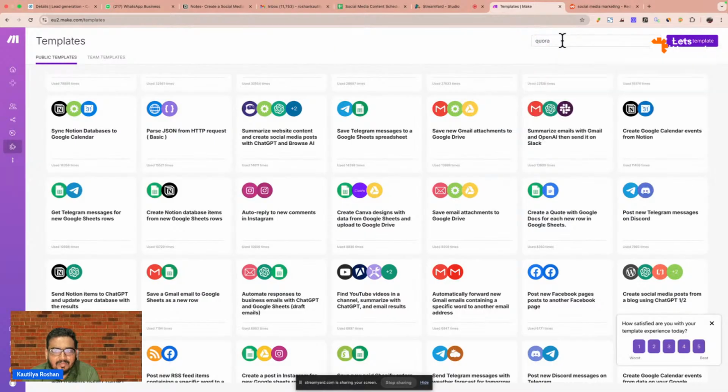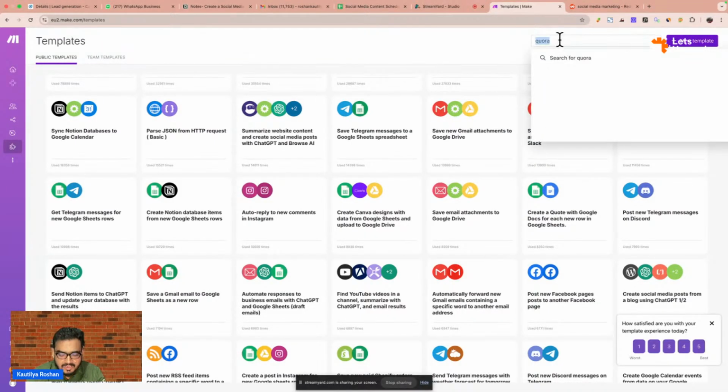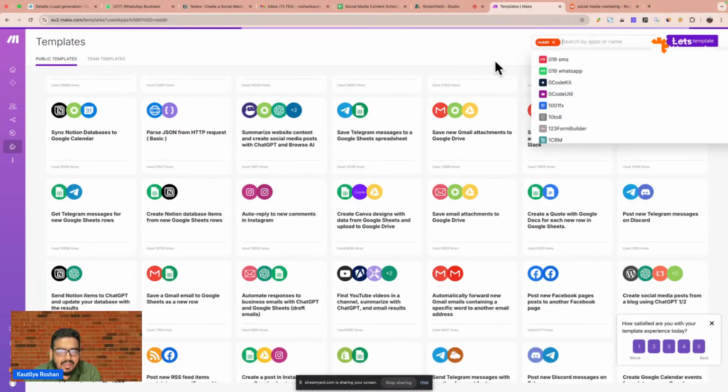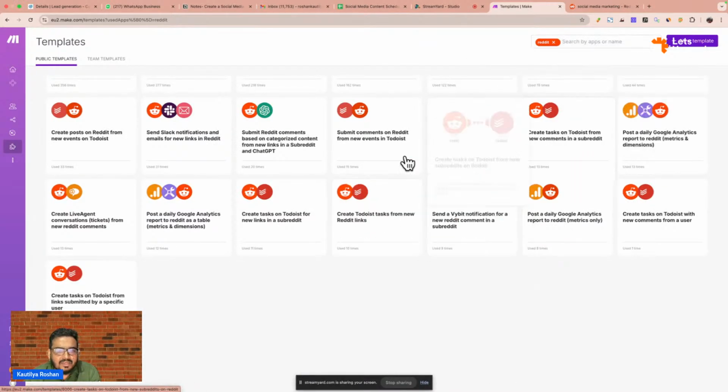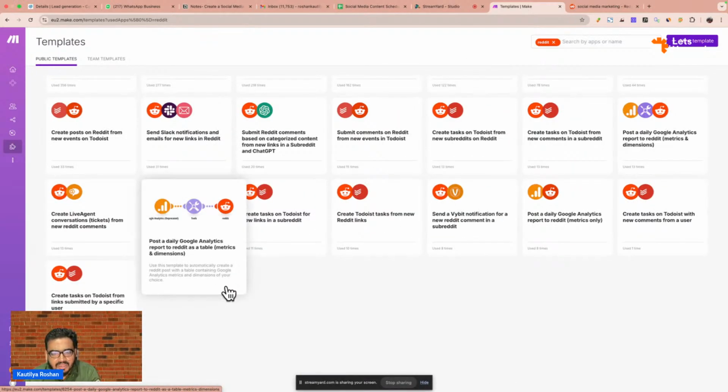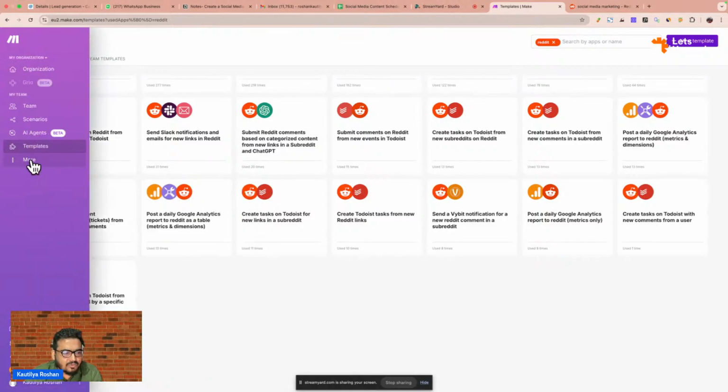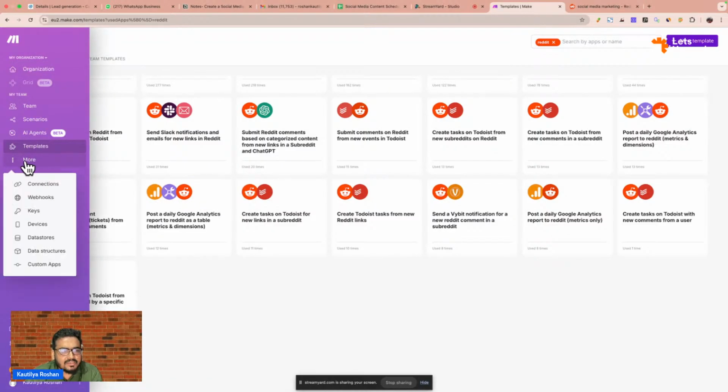So always remember, once you search whatever automation that you want, you can go in the templates and search, and there are good chances you will find that. And once you find it, you can see here the use cases, like what could be the use cases of that. Now apart from that, if I go to the more options here, guys, see, once I go to the more options,